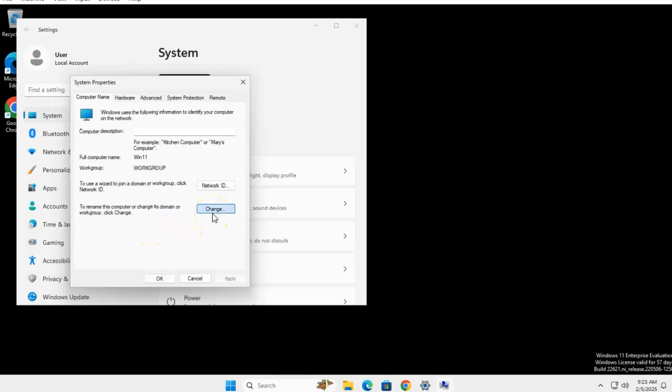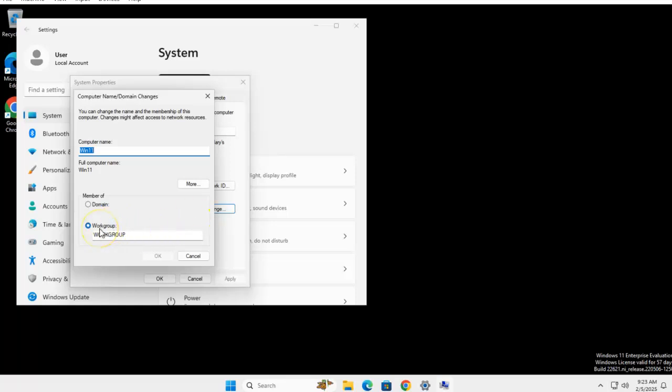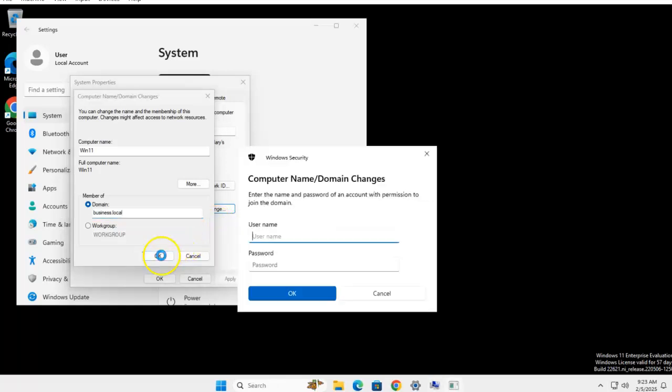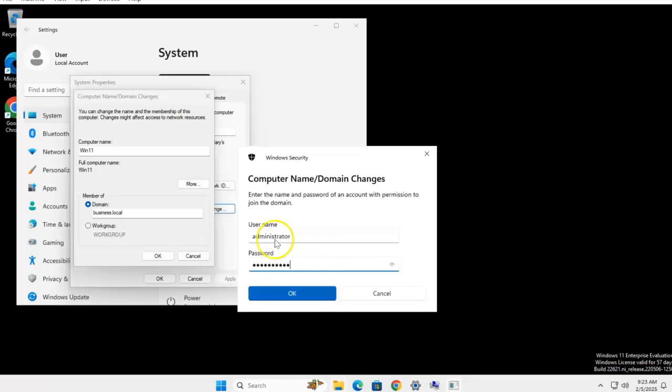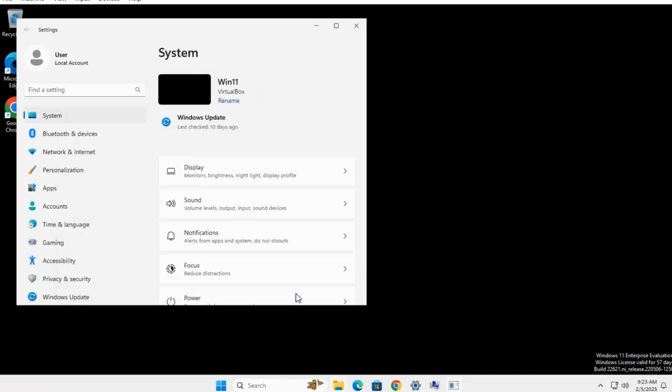So we're going to click Change. Down here we have Workgroup. We're going to change it to Domain, and you guessed it, we're going to change it to business.local. That's our domain. When we click OK, it's going to ask for a username and password on the server, which the only one we have right now is administrator and password 01. This account is on the server here, and this account has permission to add this computer to the Active Directory database. We'll click OK,